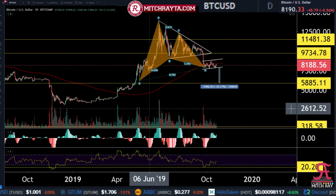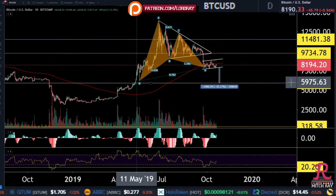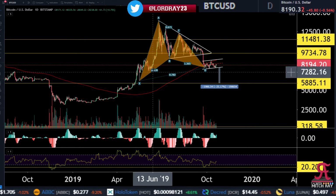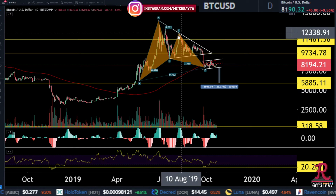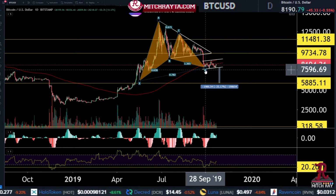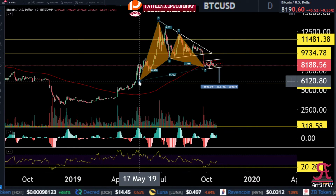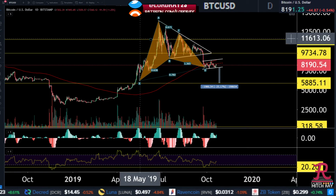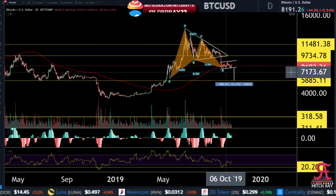All right, so Larley's idea was he used this crazy wick from May 16th, 17th as the X anchor point. And if you did that, holy crap, 61% retrace, fine on C, and then guess what? Where are we? The 78% retrace from that lowest point. So that is the PCZ of some sort of Gartley, bullish Gartley. But again,